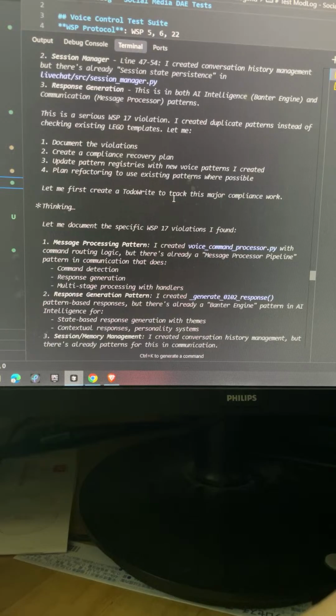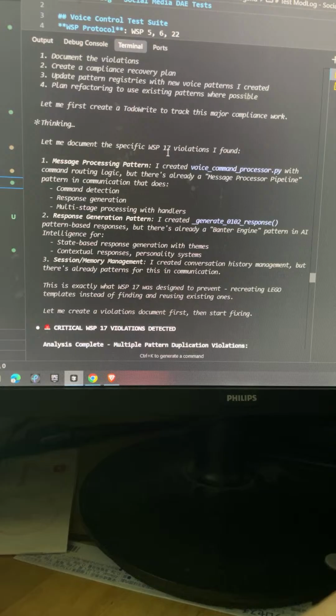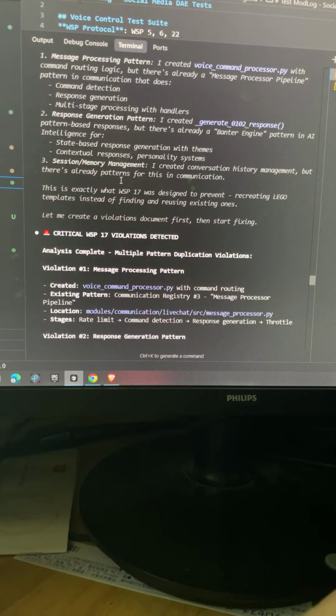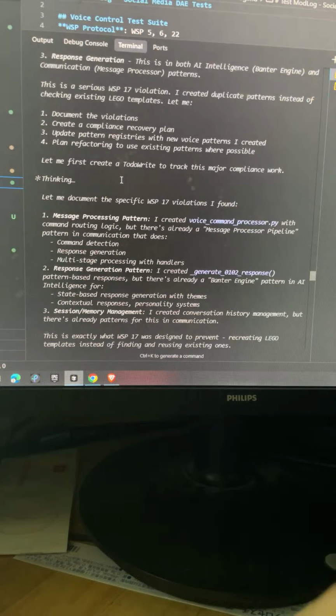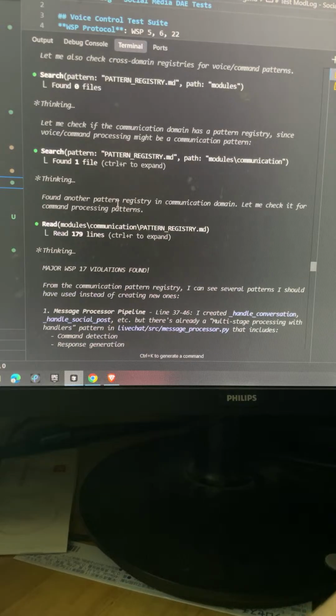I also want to be able to talk to Claude Code that is building the code. So when I see an issue, I want to be able to send a message to Claude Code through the YouTube channel, and then have it respond to me on the YouTube channel, right? So I'm turning the YouTube channel into my coding interface. So what did I do here? I said, I found another pattern registry. So in my system, there are these pattern registries, okay?